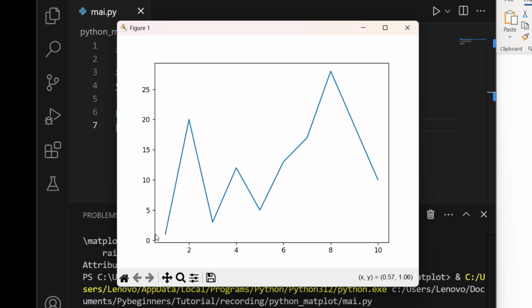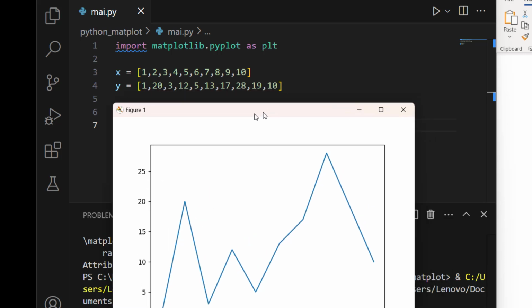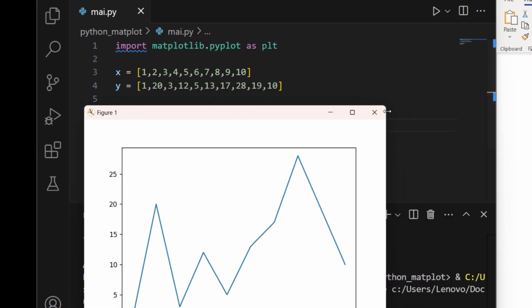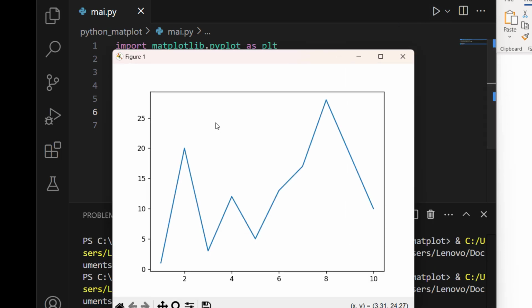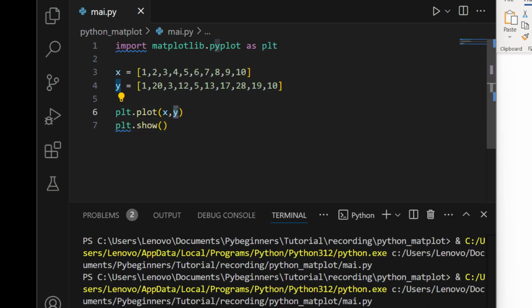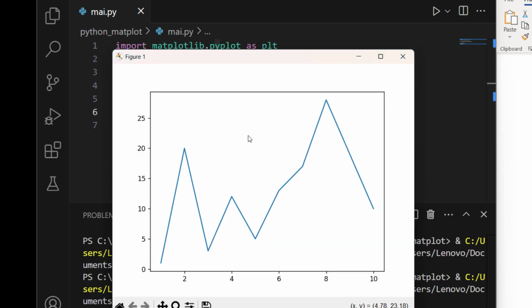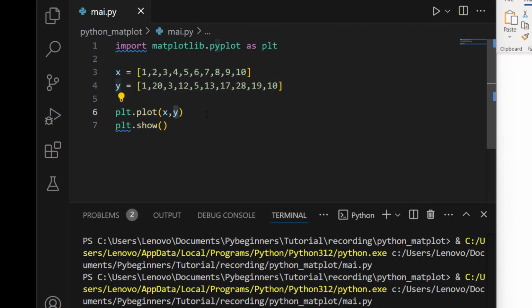It's a little different. First it starts from 1, then comes here, then goes like this. It's going to behave according to the data that we are passing. So this is very easy. First we need to have the data, and when we have the data, we need to plot those data. The first one is for x, for the horizontal, and the second one is for vertical. So to create a line chart, we can just directly plot.